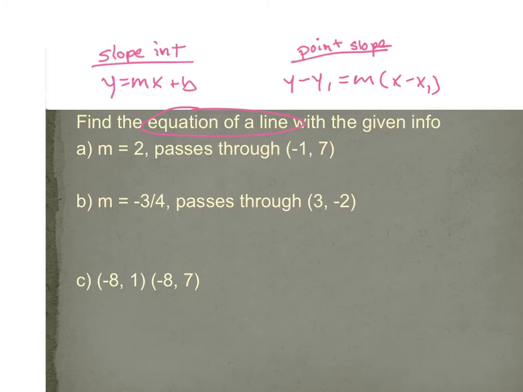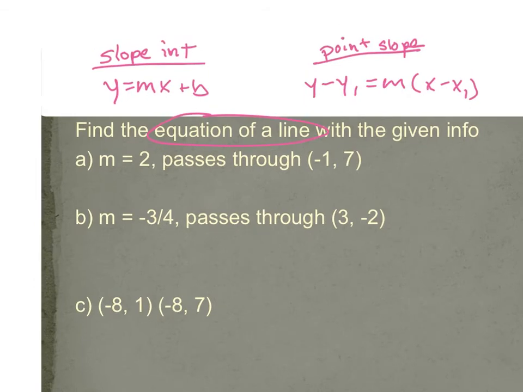For these examples, it doesn't tell us which one we have to use. So we could pick either one. It just says find the equation of a line. So either one we pick would give us the same line, just in a different form. So we can do both of them. So for A,